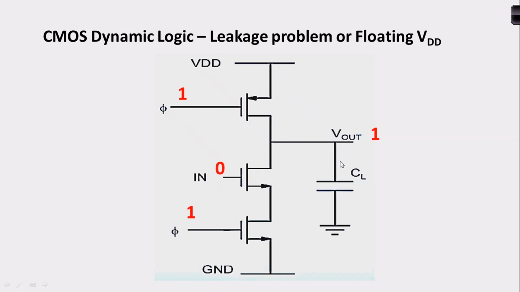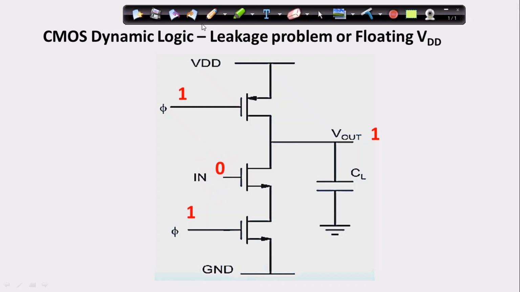In this scenario, I don't have any path connected to VDD, and I don't have any path connecting to ground. So this voltage is going to be a floating voltage, since it is not connected to anything. And here, if I have applied logic 0, that means I'll be connecting this particular thing to ground.